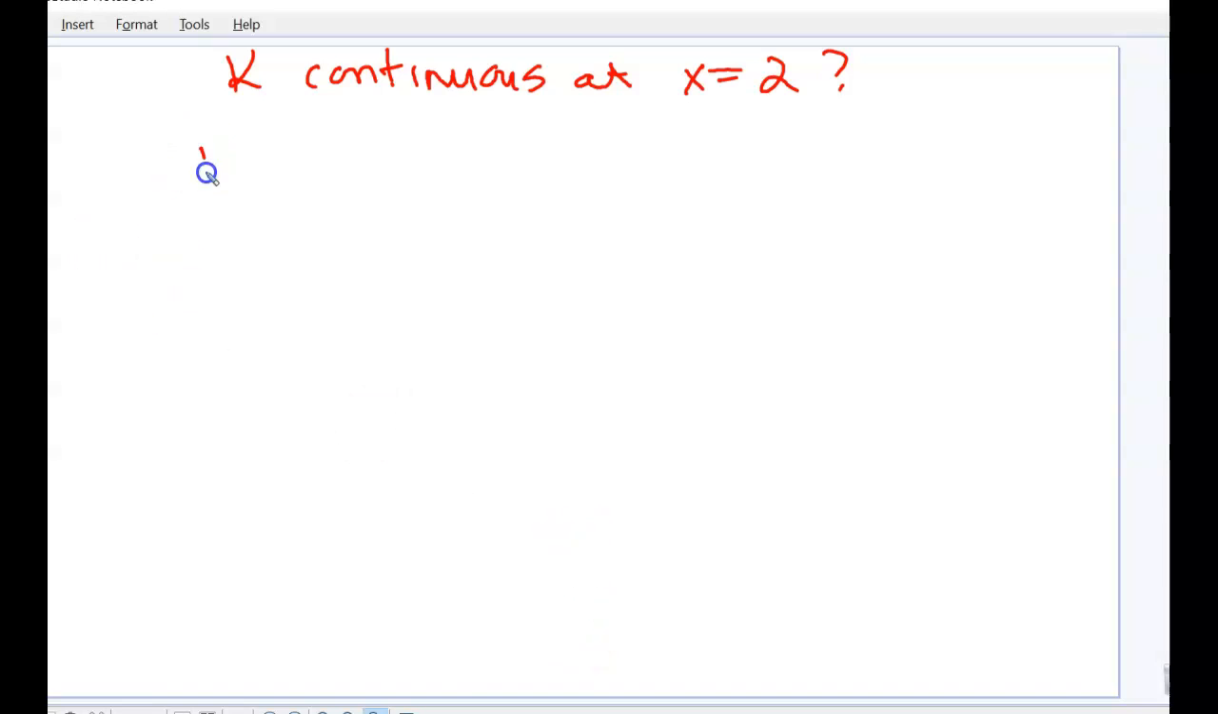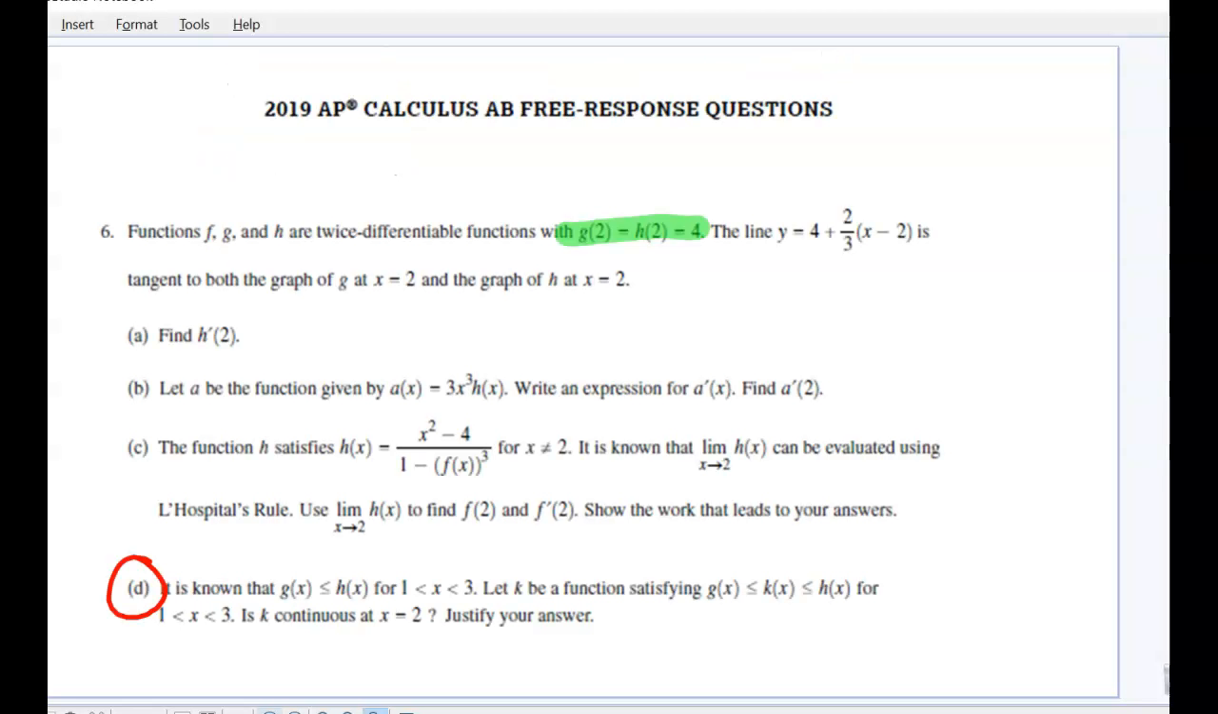So I have to first of all figure out, is k defined at 2? And is there a limit as x approaches 2 for the function k? And are those two things equal? Okay, well, there's a couple things we can look at here. First of all, if g of x is less than or equal to k of x is less than or equal to h of x, okay, we know that